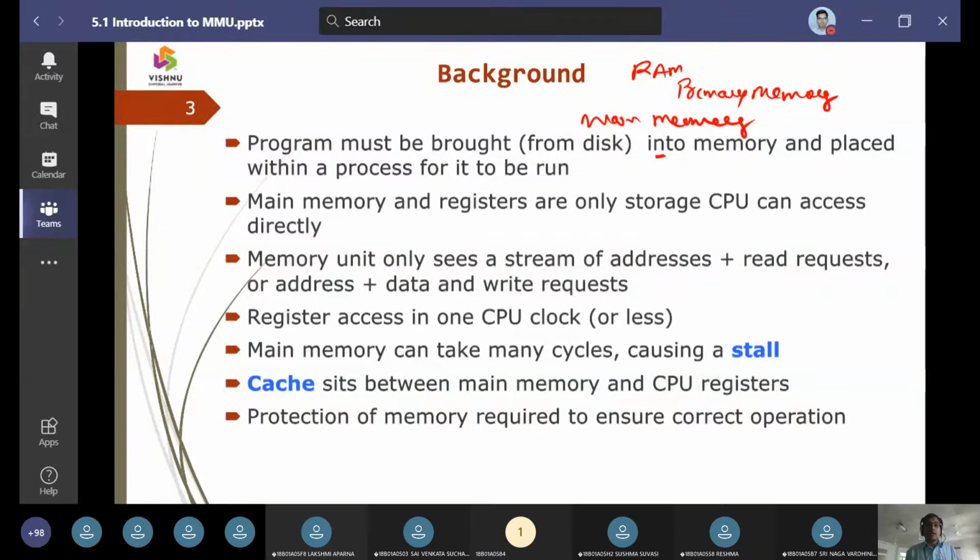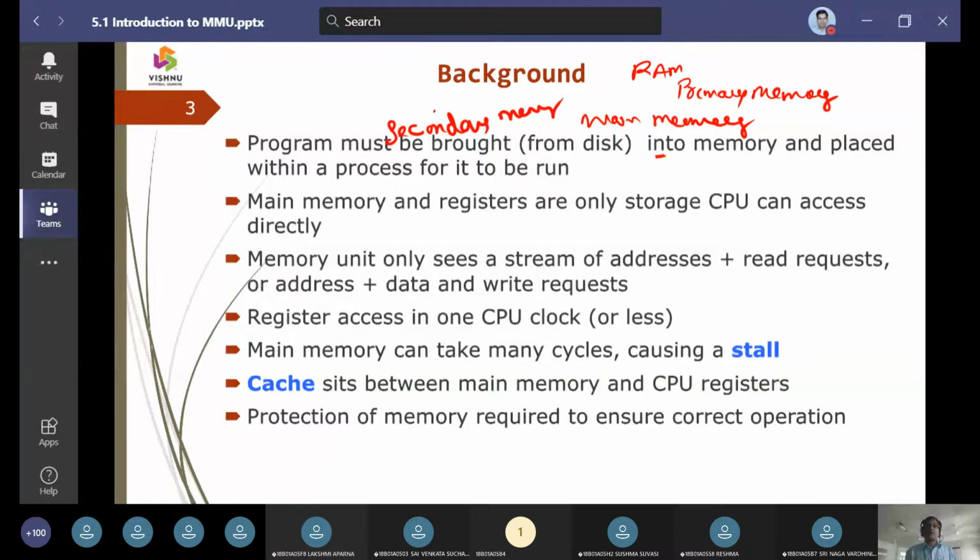Okay, fine. Before that, we do have another type of memory, which we are going to assume will be the secondary memory.